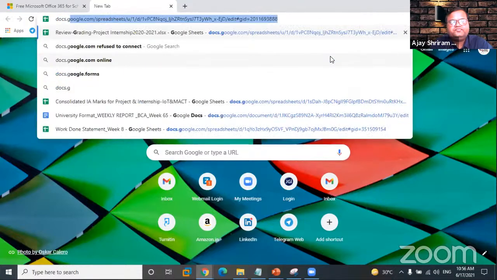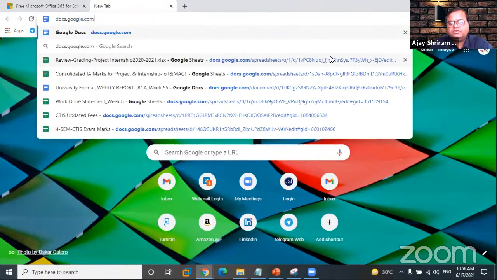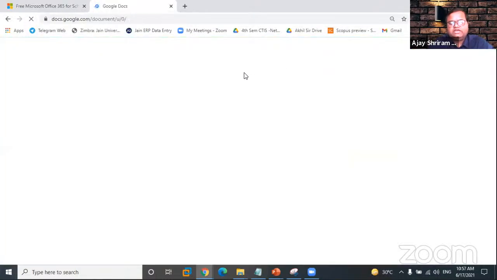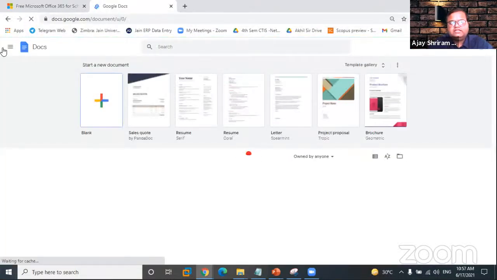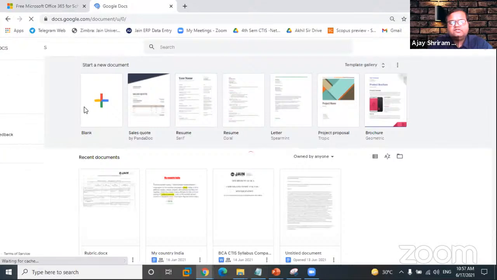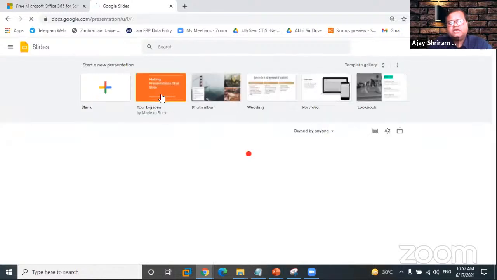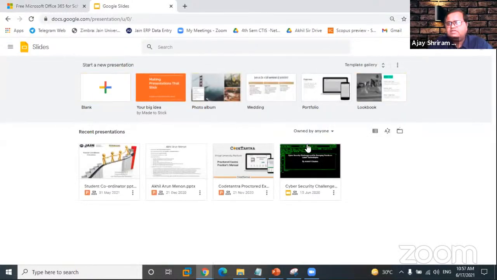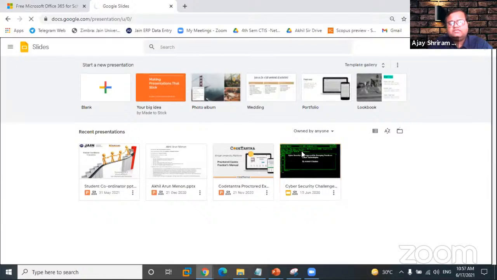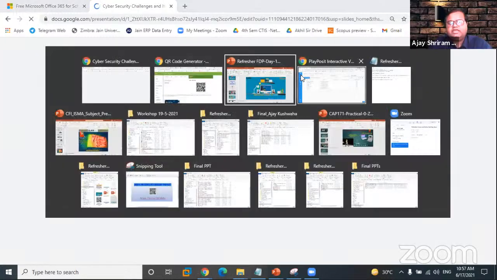docs.google, if I go, so if I go, I can go directly over here. So I can click the blank document, I can go to the slides, and I can create the slides. This is one of the most effective ways to create the slides. We can get a lot of different recent presentations. If we feel that whatever presentations we have created are going to sustain for a longer time, if they will always be there, I can go and use them. I can anytime reuse, irrespective whether my